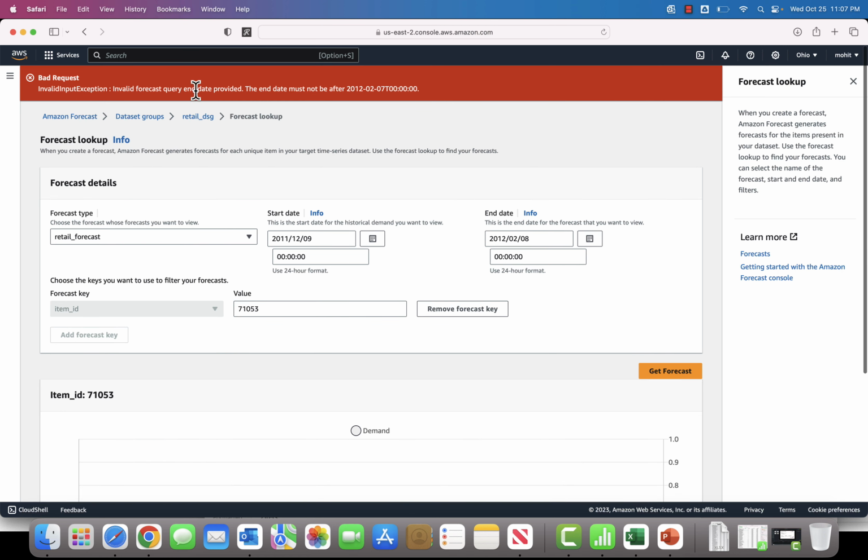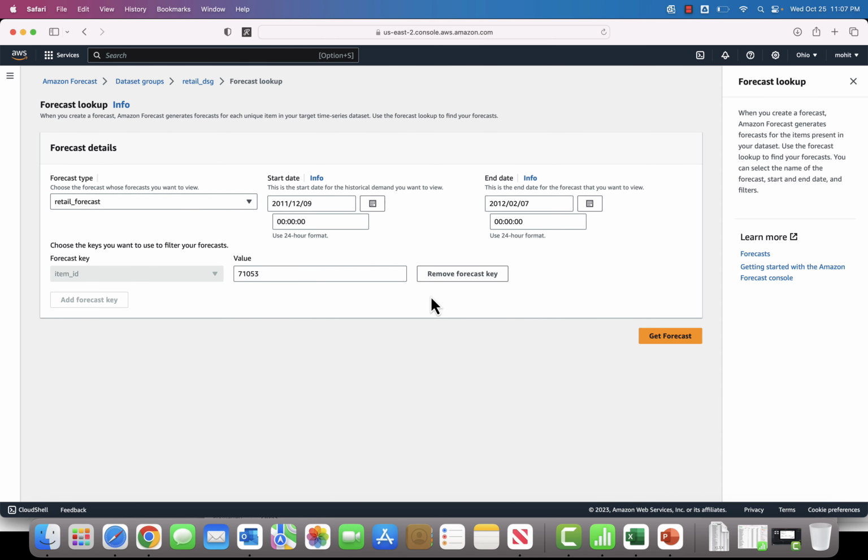So here it will tell you about a date. The end date must not be after 7th of February. Why? Because we selected for 60 days, right? So January is 31 days. So with this it should be 7th of February. And now